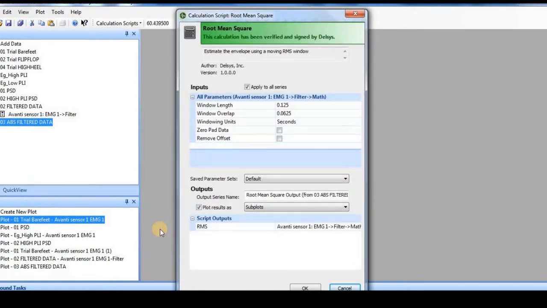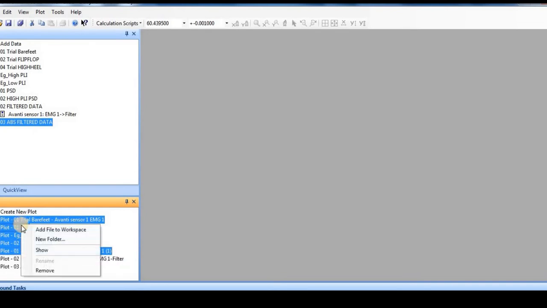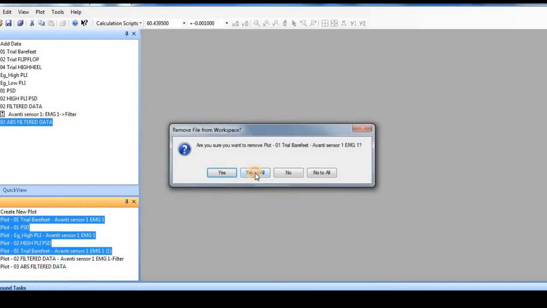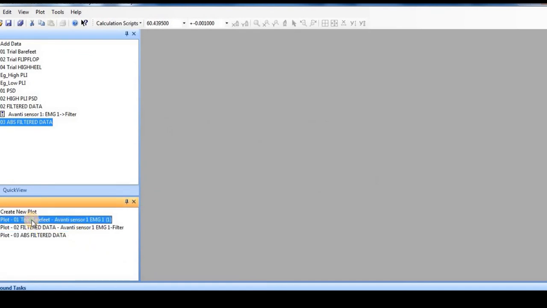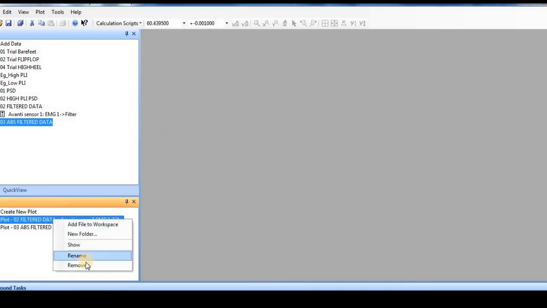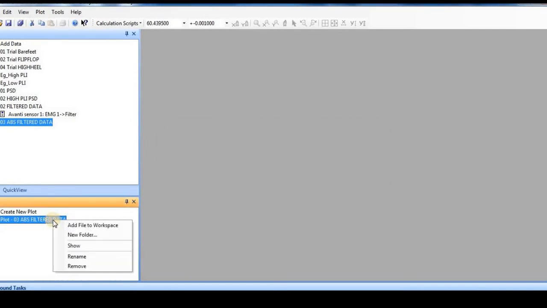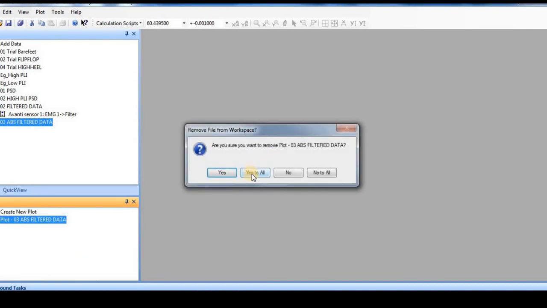So when I open this, I'll again have a dialog box which will ask for different input and output parameters. Before I run this script, let me just clear my plot workspace. I'll remove all these so that my plot area is neat and I can easily figure out which plot I am looking at. So yes, now this is perfect.